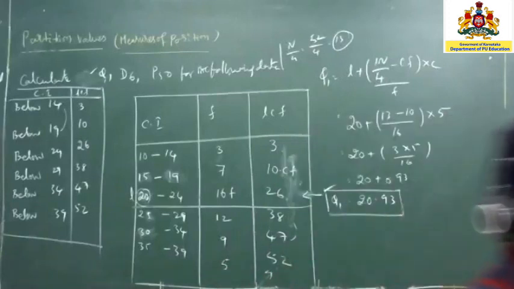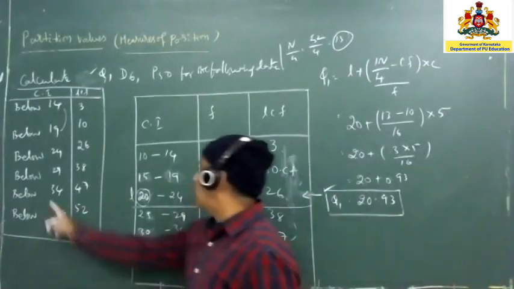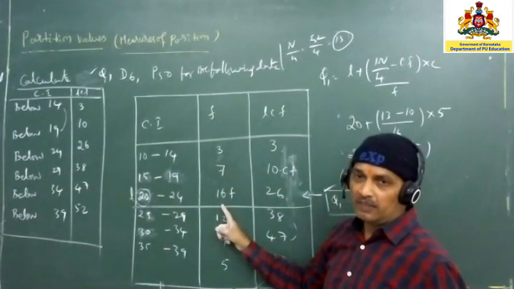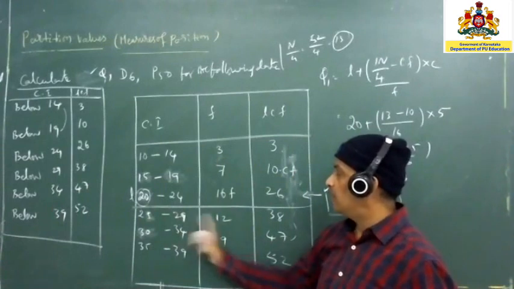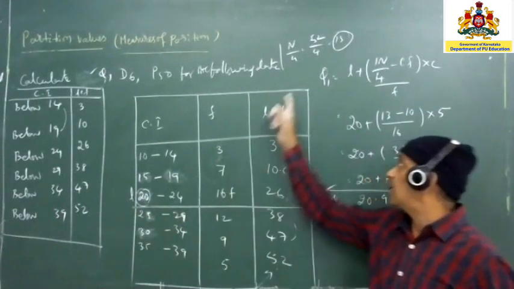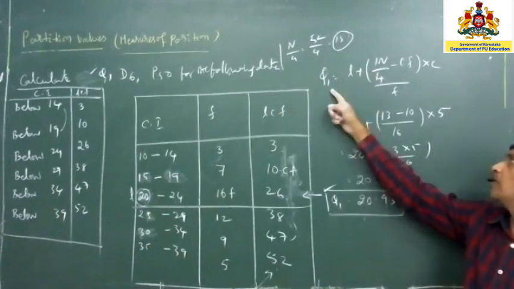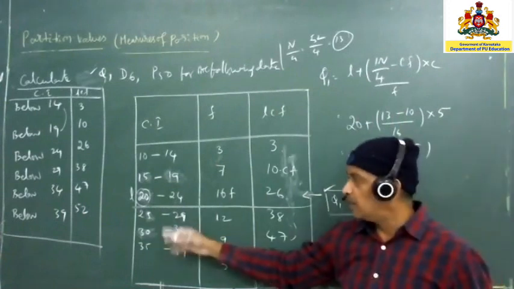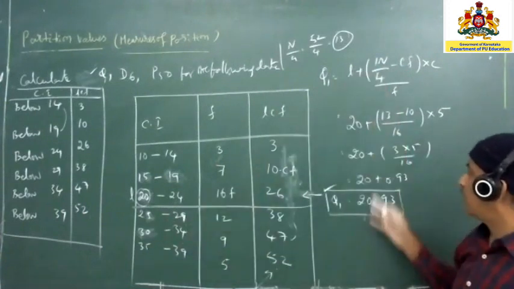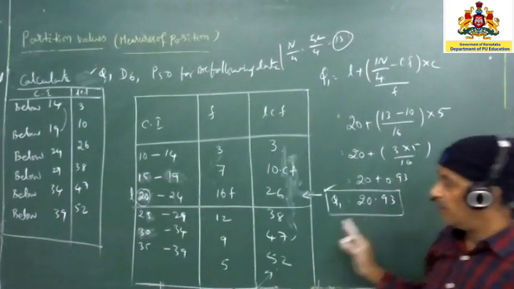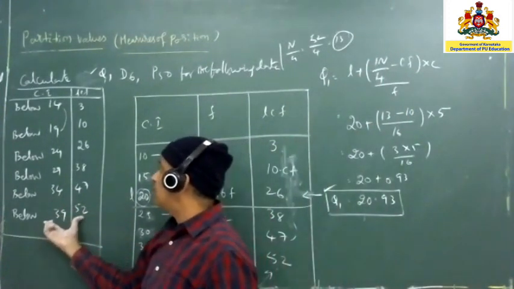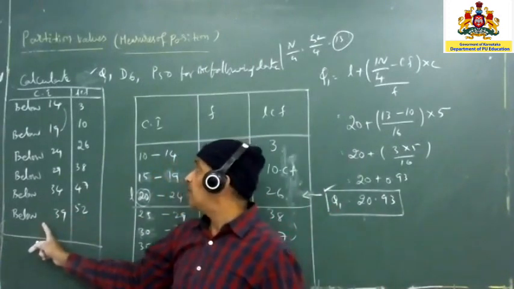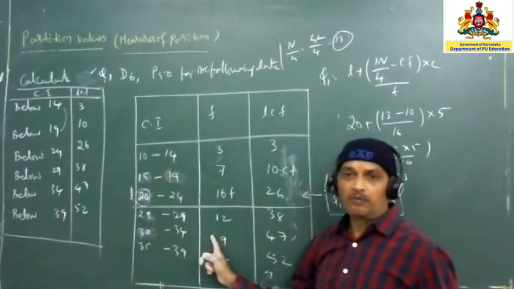Okay, only here what you have to understand is whenever below is given you have to convert into this form, and if it is below is converted, LCF is also converted in the form of frequencies. Whether more than or less than is given, both are one and the same, following the quartiles and percentile formula and calculating is one and the same. Whatever the data is given in this pattern, inclusive or exclusive, in the same way we have to calculate. Only before calculating you have to take care: if below is given, you have to calculate both the columns here itself, and if upper limit is given, you have to convert it to upper limit also in this format, and you can follow.